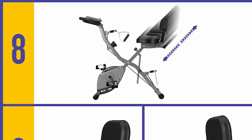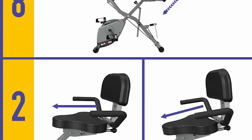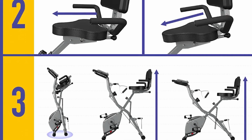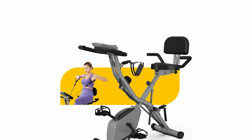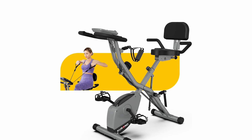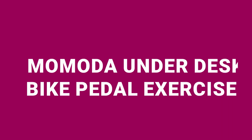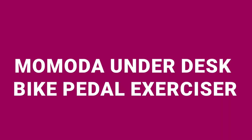It's praised for its sturdiness and ease of assembly, although some users note that the seat can be uncomfortable for longer workouts. The bike's compact design and resistance bands provide a full-body workout suitable for users with knee problems or limited space. Next, we have the MOMODA under-desk bike pedal exerciser priced at